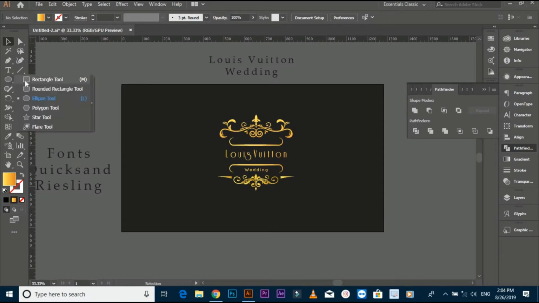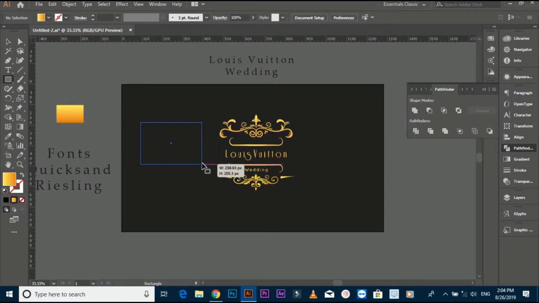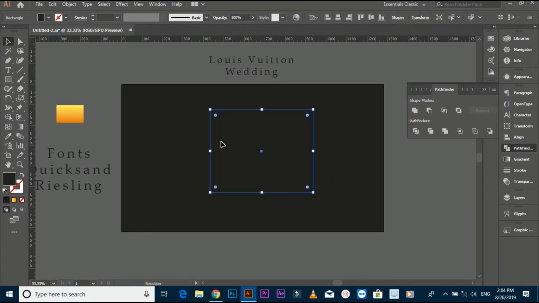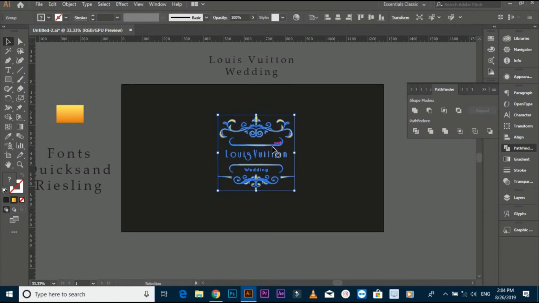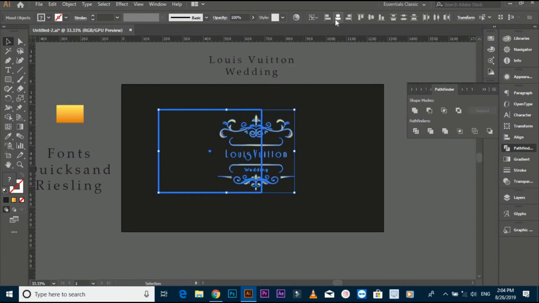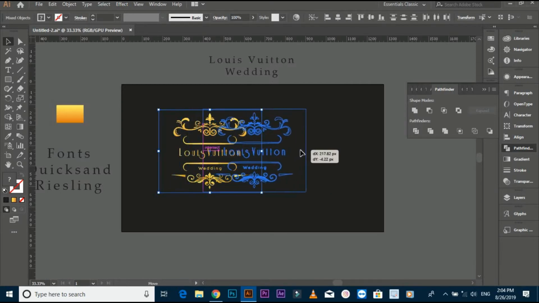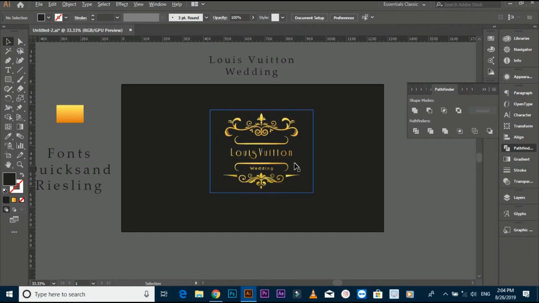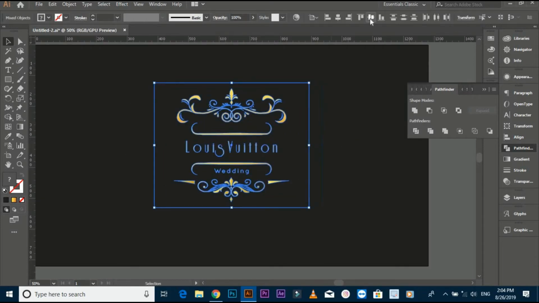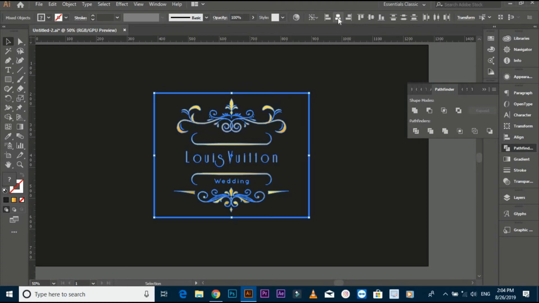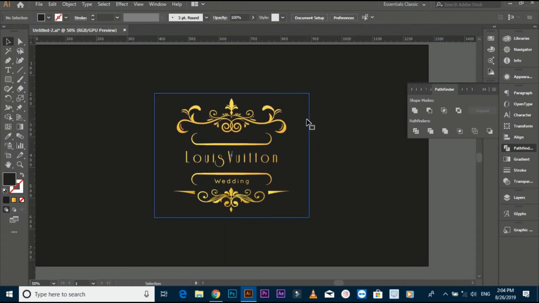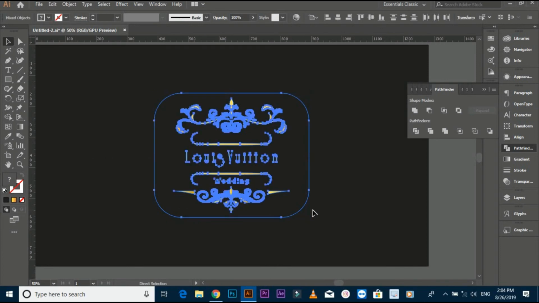Make a back cover with the rectangle tool. Drop shadow in